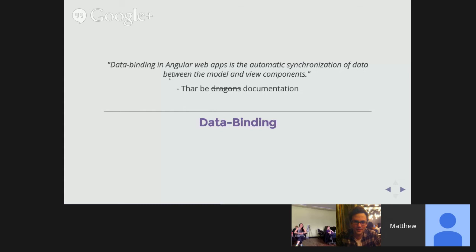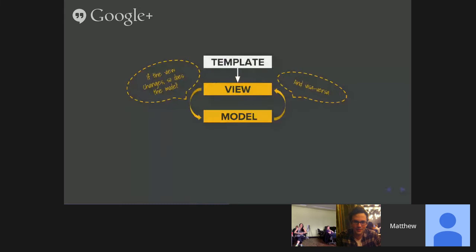Usually you have some type of user action that can drive a change, and it's hard to reason about things being automatically synchronized in two directions. So I advise against it. But that doesn't mean that data binding is not useful. Data binding is totally useful. When your model changes, your view should totally change. And when your view changes, someone should know about it. So